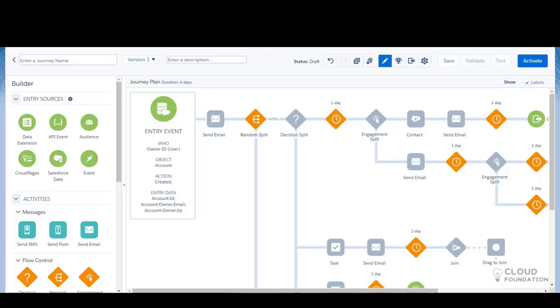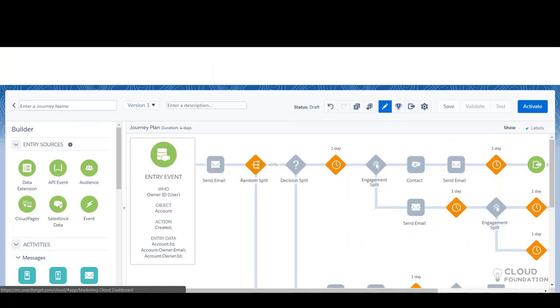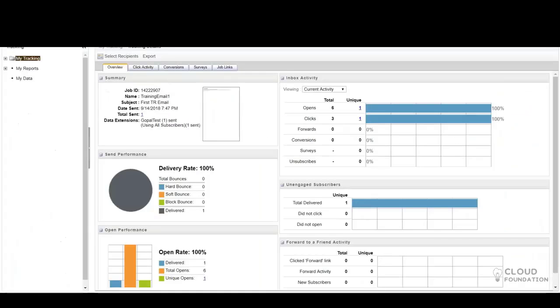Also, once multi-org is enabled, you can connect one business unit in Marketing Cloud to one Salesforce org or a sandbox org in Salesforce, and you can have the sandbox org also connected to Marketing Cloud. And where you will see that is, I'll just show you.